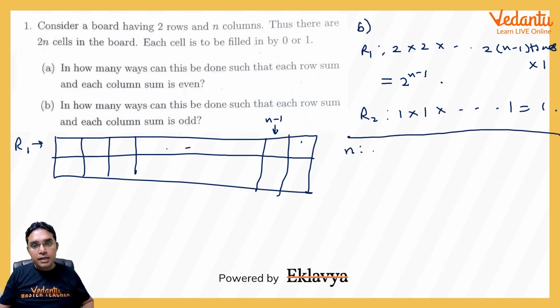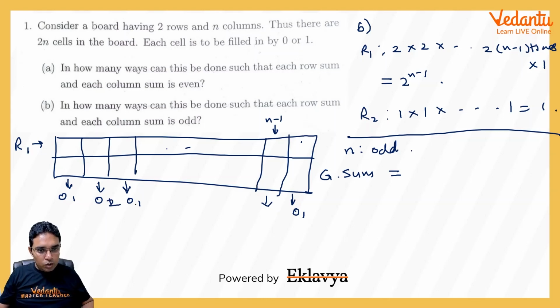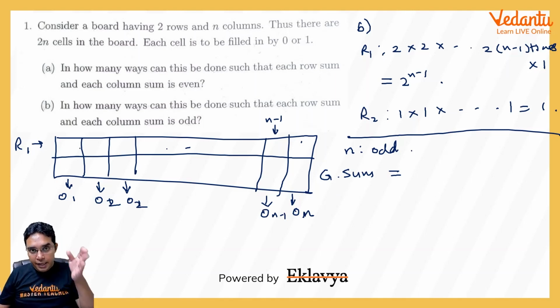Suppose your n is odd. Then what will happen? The grand sum will be the sum of odd ones, and so on. In fact, all these odd ones will be equal to 1 only: odd 1, odd 2, odd 3, odd n, and odd n minus 1. So the grand sum, if I take this along,